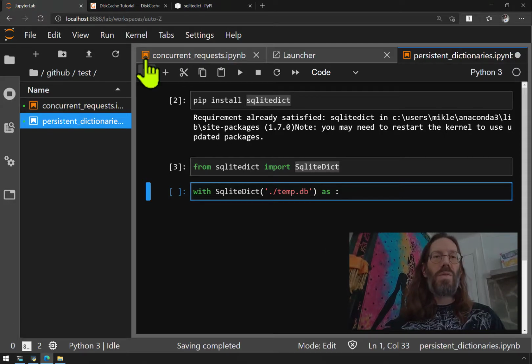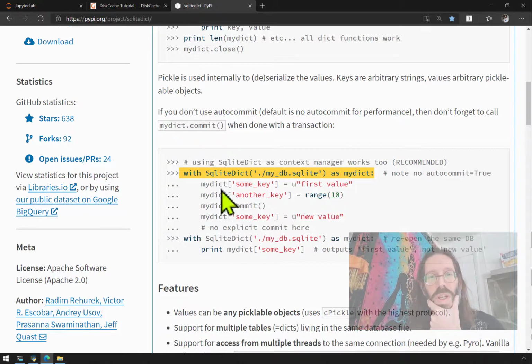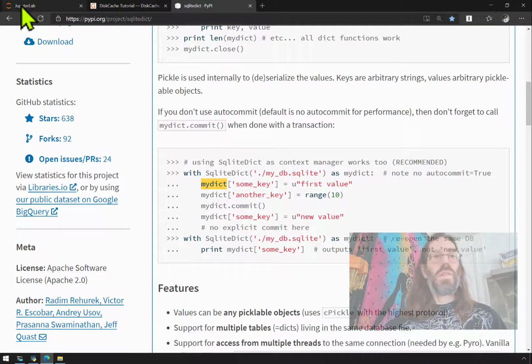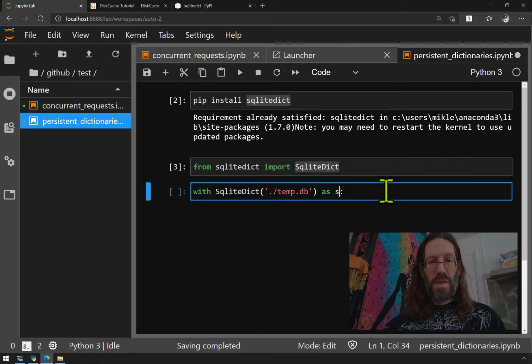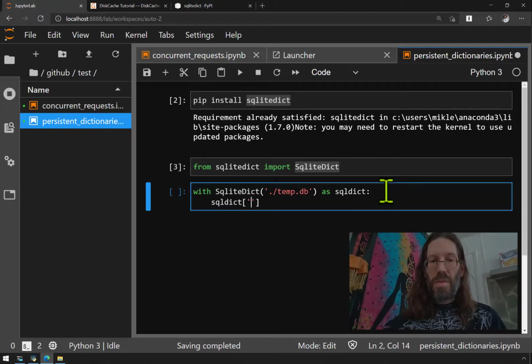connection object. In fact, we're going to look at what we're expected to type next in the example to know how to name it. We are going to be using whatever word goes there as the dictionary object name. So it's a SQL dict, okay? MyDict. So that lets you know it's persistent. SQL dict key name,